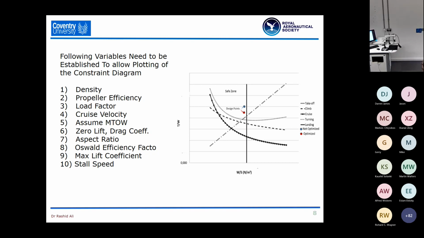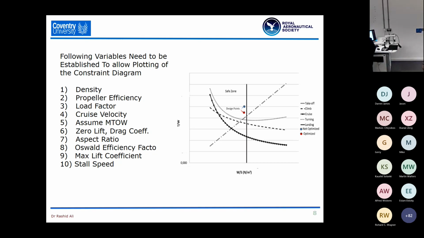Then the area of the thrust loading which is the highest is basically what will be needed to satisfy those